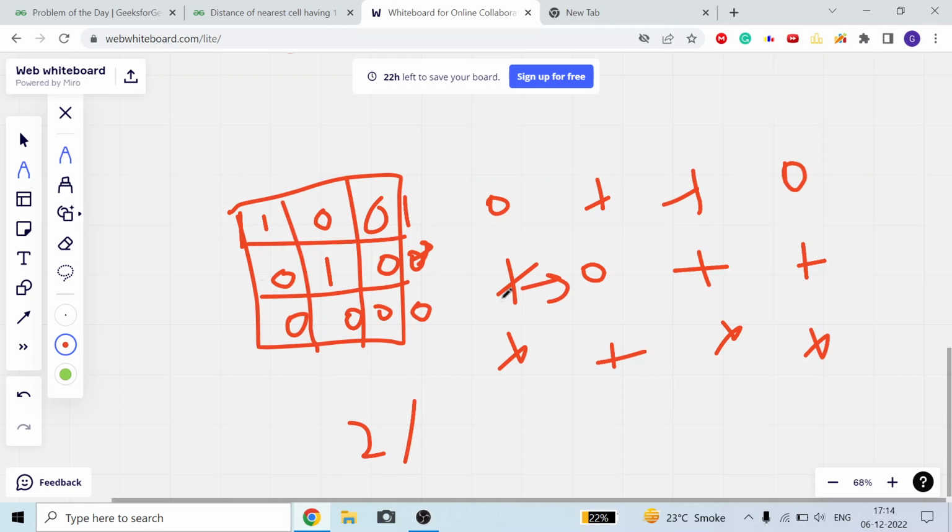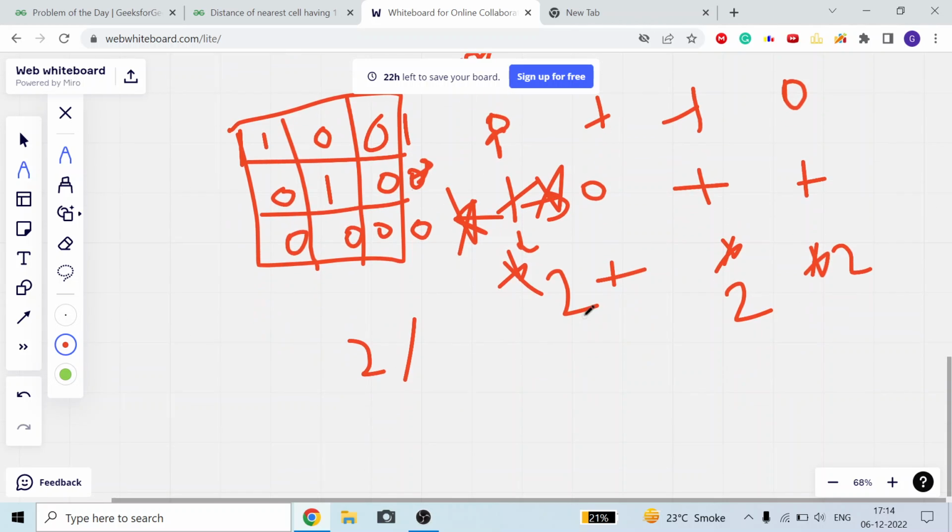Like from this one I can reach 4 directions. This is not valid, it will contain 0 already. So from 1 if we go to it, then the answer will be 2, meaning the cost will be 2. From this cell if I go there, the cost will be 2, but it already contains 0, so it will not update. It will update to 2. So the minimum distance you can see: 1 here, 0 here, 1 here, 2 here, 0 here, 1 here, 2. The minimum distance will be 2 here, 2 here, 2.